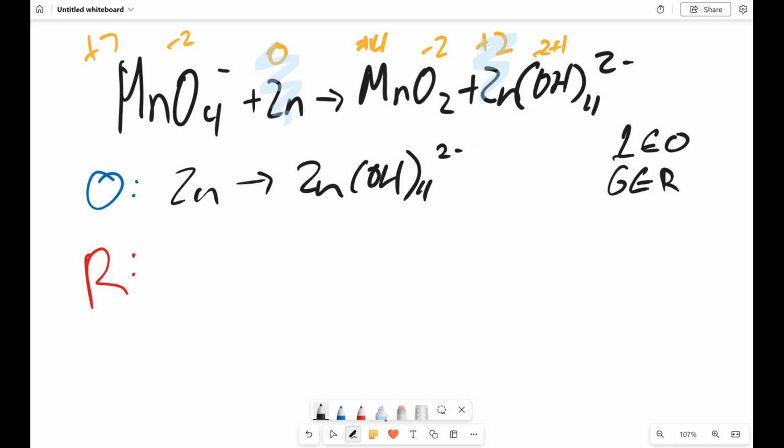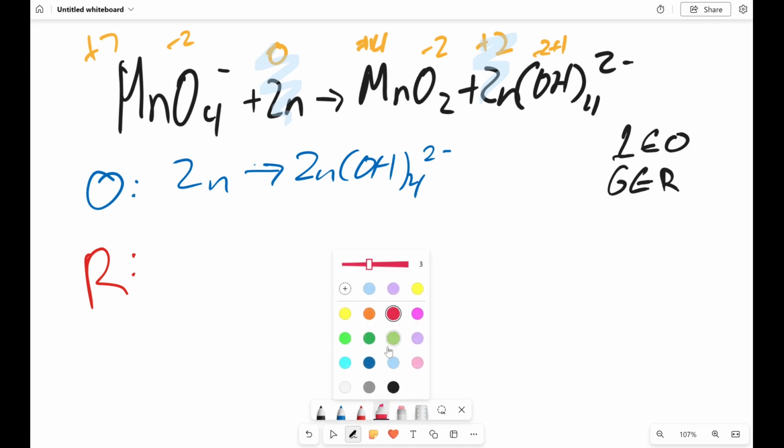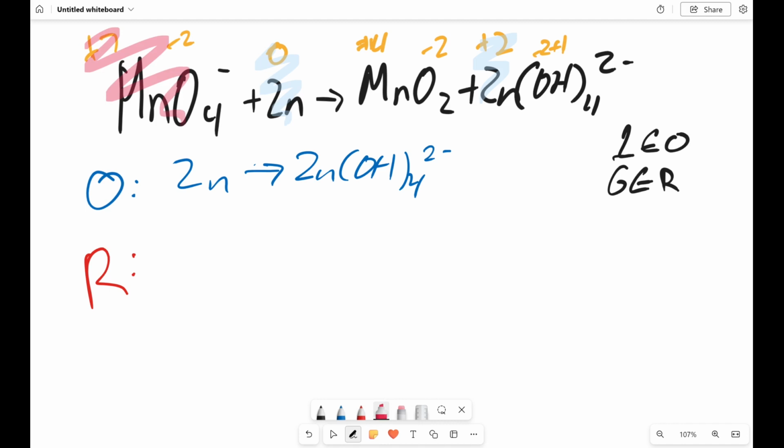I'll color code it just because I care about education so much. Then the only other element that's changing is our manganese, so this must be our reduction. So MnO4 minus becomes